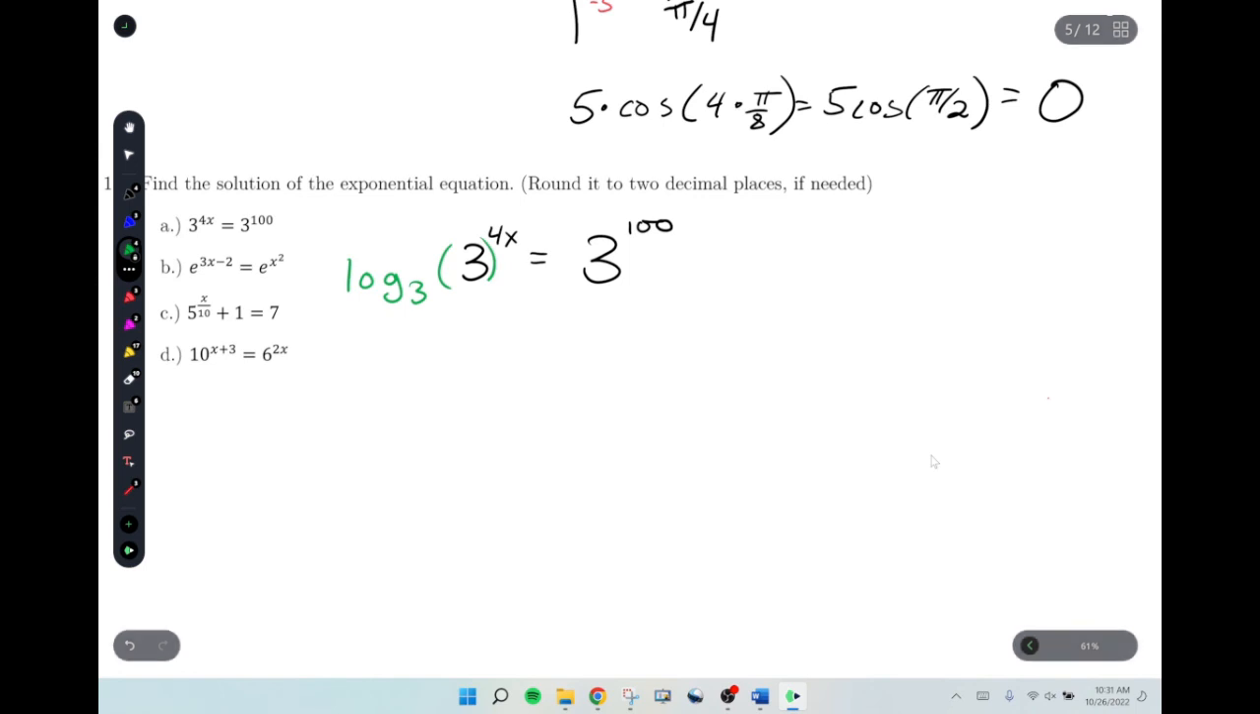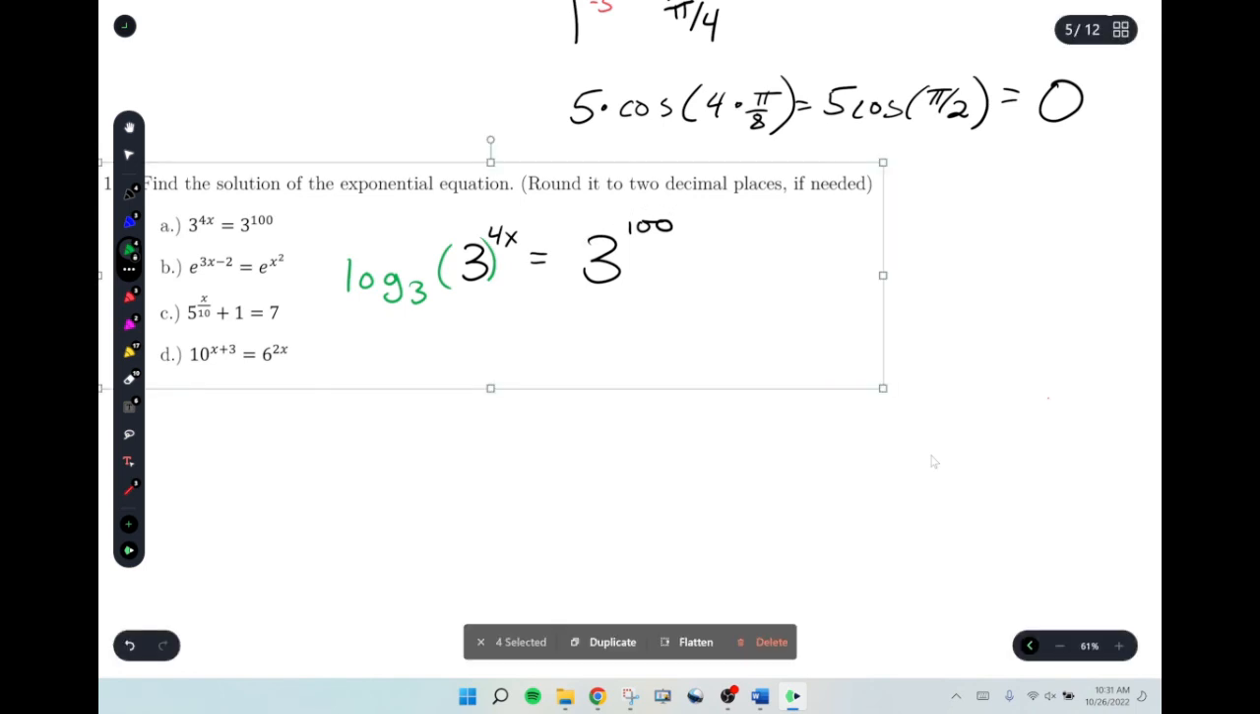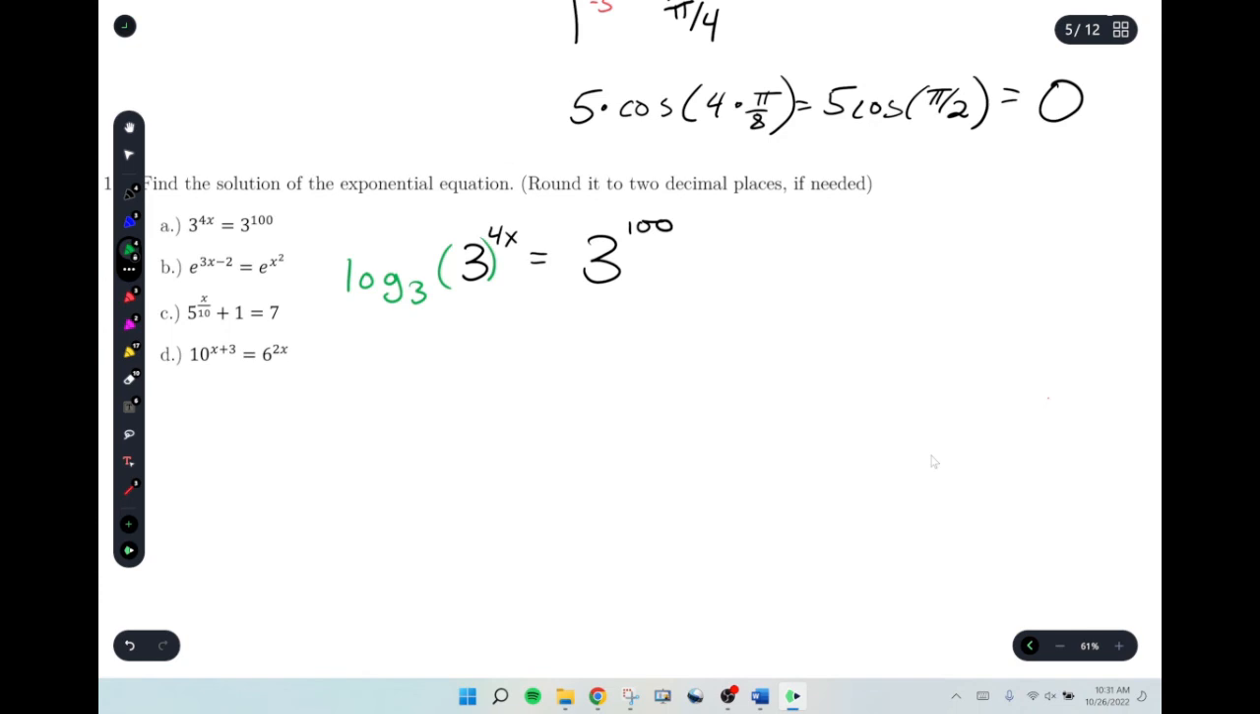And what you do to one side, you do to the other. You log base 3 it. Actually, technically, if I'm being safe, it looks like that, right? And then what are you allowed to do with those exponents? Bring them to the front, right? So technically, I'm just being safe with math, y'all. 4x times log base 3 of 3 equals